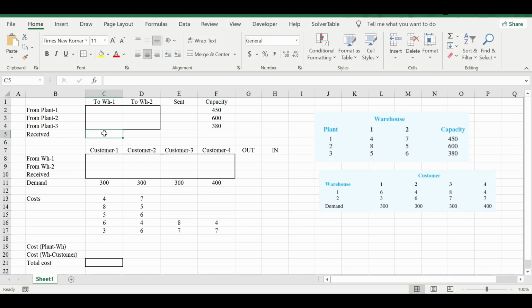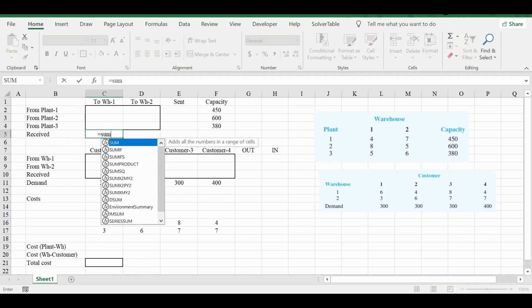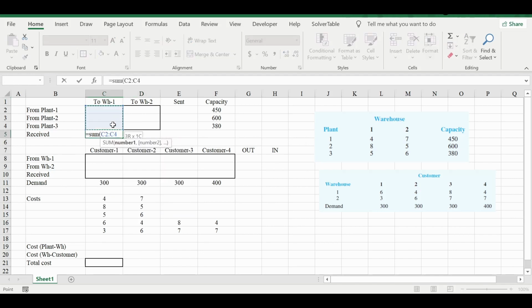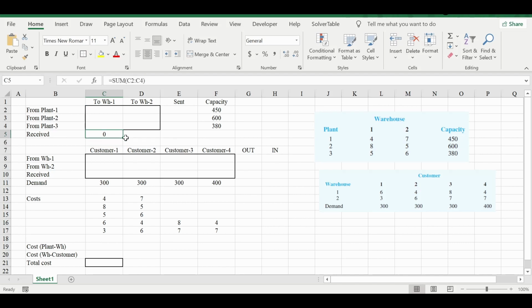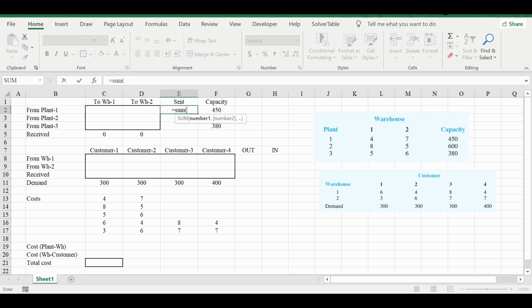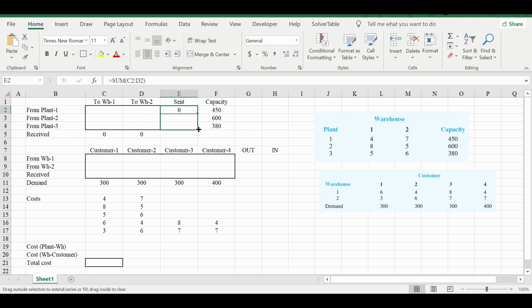So let us now first calculate these things. First of all, we will calculate the received. What is the total material that is received in the two warehouses? So just make a sum here, sum of this and then sum of this also. And if you do the sum here, this will give you the amount of material that is sent from the plants.